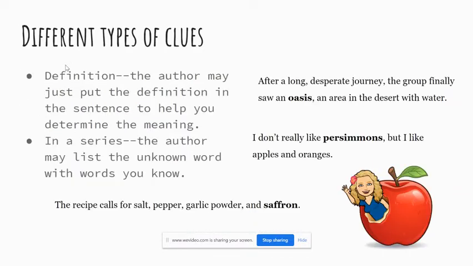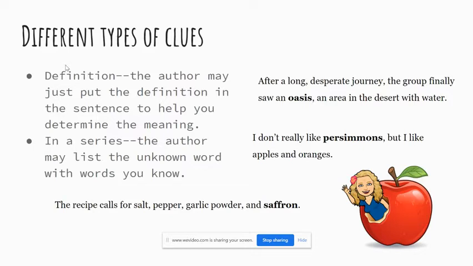So there are different types of clues that are hidden in text, and this isn't a comprehensive list, meaning it doesn't have all of the types of clues, but it has some. Okay, the first is a definition. The author may just straight up put the definition in the sentence to help you figure out the meaning. So for example, after a long, desperate journey, the group finally saw an oasis, an area in the desert with